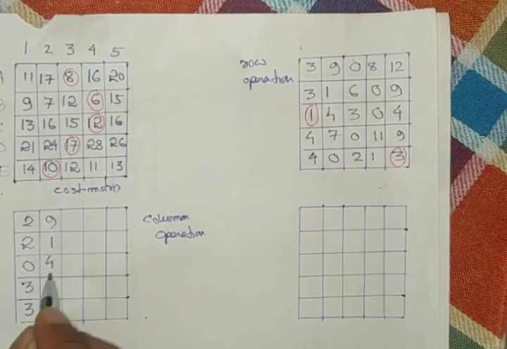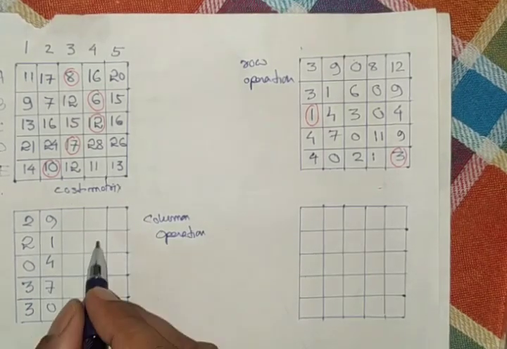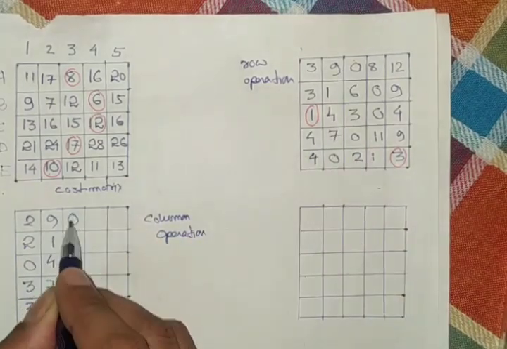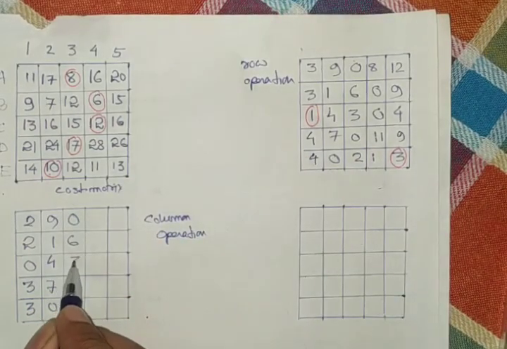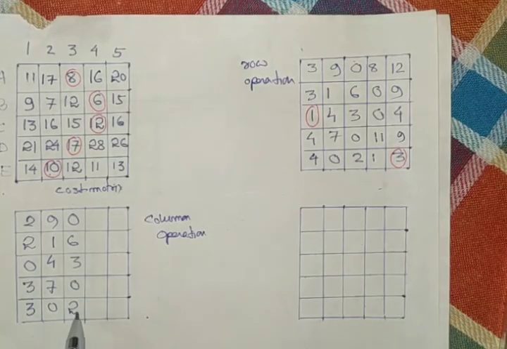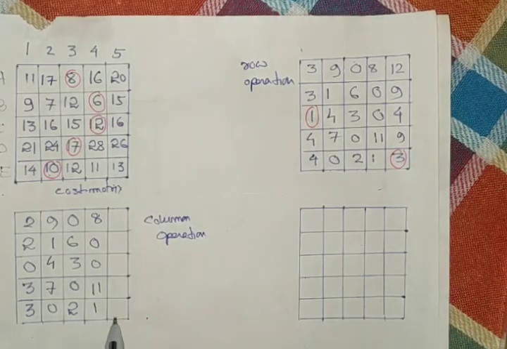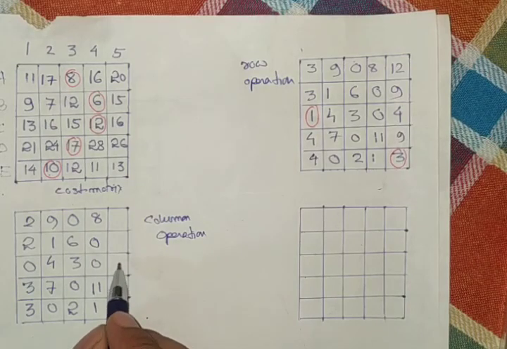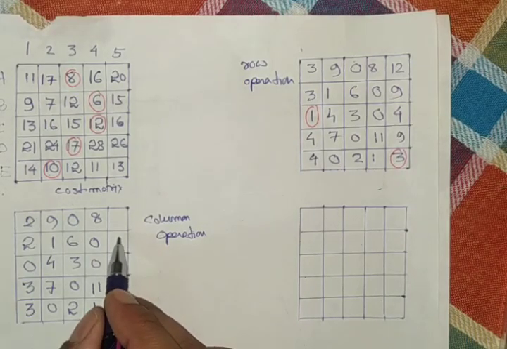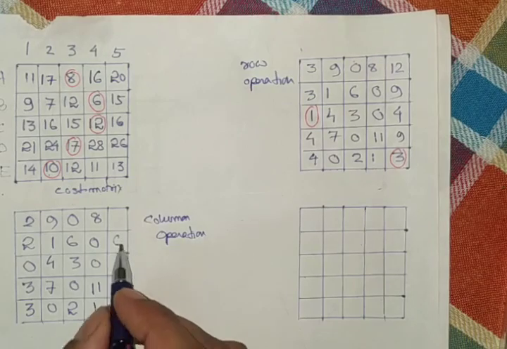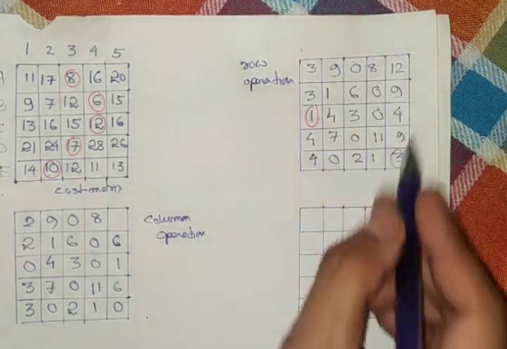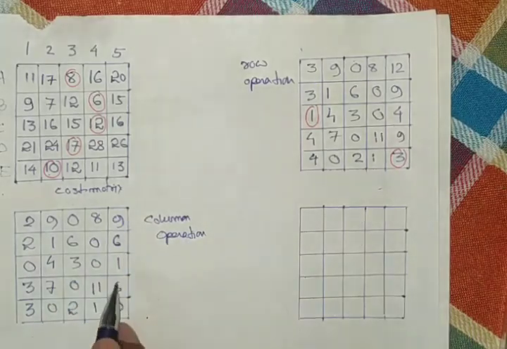1, 4, 7, 0. It will be 0, 6, 3, 0, 2, 8, 0, 0, 11, 1. This one is the smallest element. It will be 0. So 9 minus 3 is 6. 4 minus 3 is 1. 9 minus 3 is 6. 12 minus 3 is 9. So this is your new